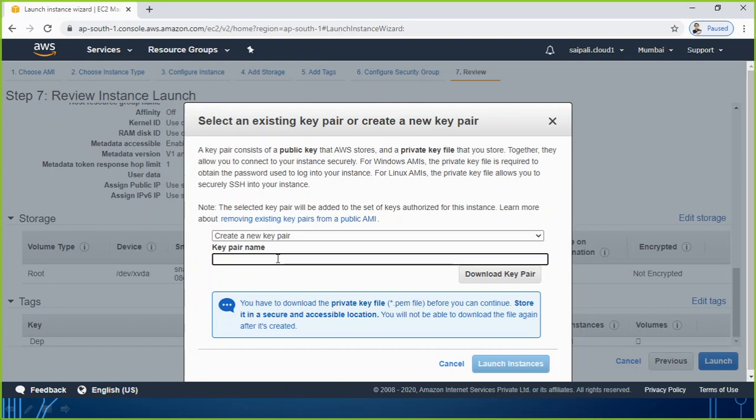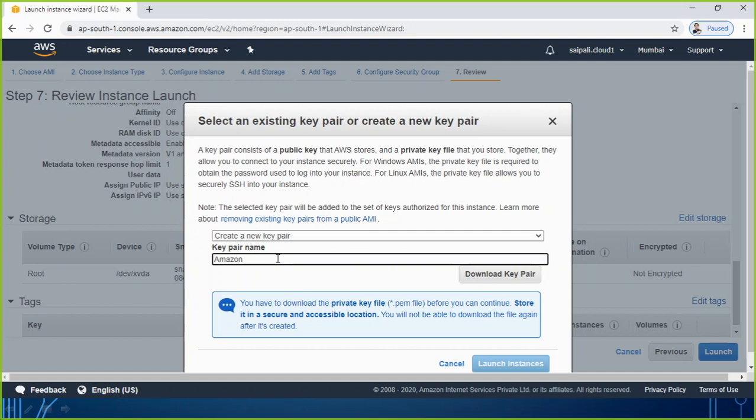Let me add one thing here: you can have a single key pair. For example, right now I am creating a key pair, so next time when I make any other instance, I can use the same key which I am creating right now. I don't have to download this key every time. So it's optional. You can have the same key for multiple instances, or a different key for each instance. As of now, I am going to create a new key pair. I am giving the name of this key, maybe because it is my Amazon Linux, the name Amazon Linux key.